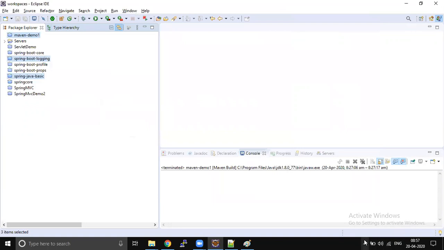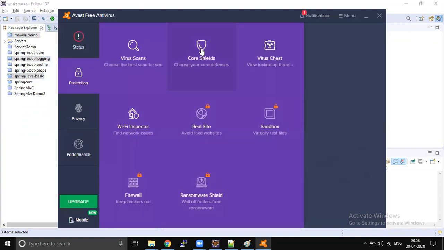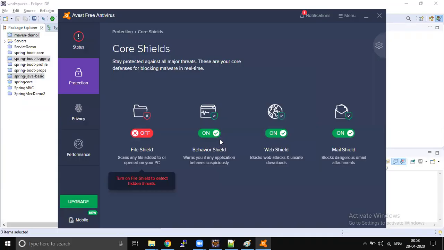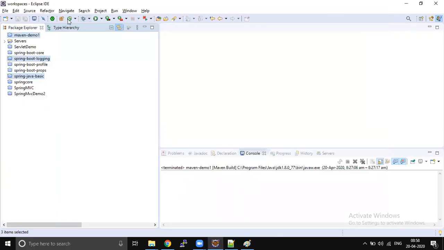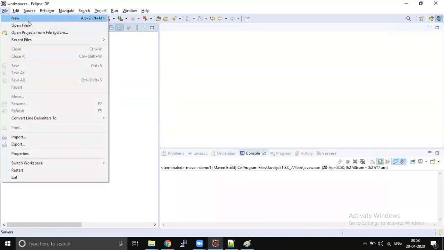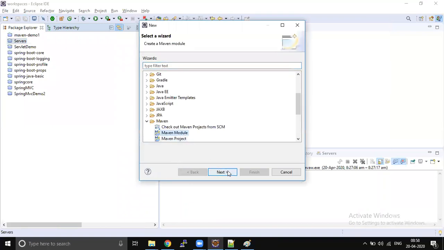Let me stop this antivirus for a few minutes. Let me try to recreate. Close everything. File, new, other, Maven module, next.